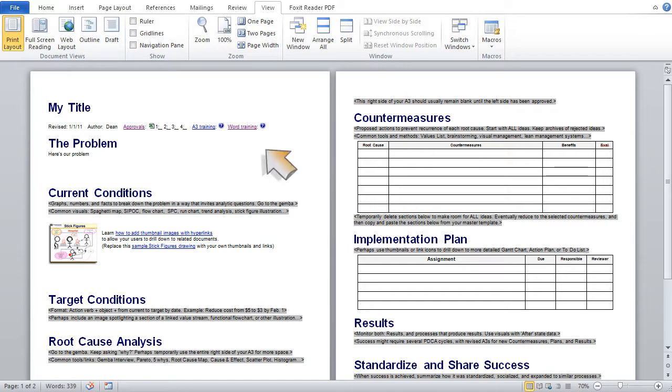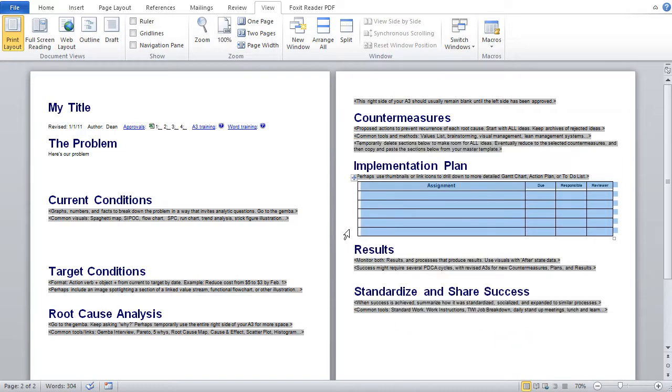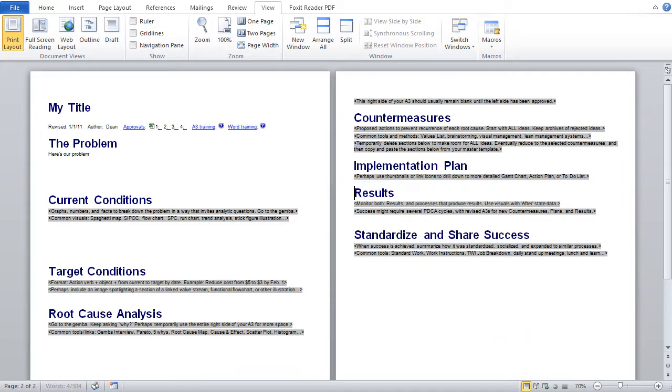And in addition to the link to the online Word training that we already saw, each Systems to Win Word template will also have links to online training that is specific to that template. Once you've learned what you need to learn, you might just delete that help. Similarly, if you don't want to use these tables that come with the default template, just delete them, freeing up space for what you want in your A3.